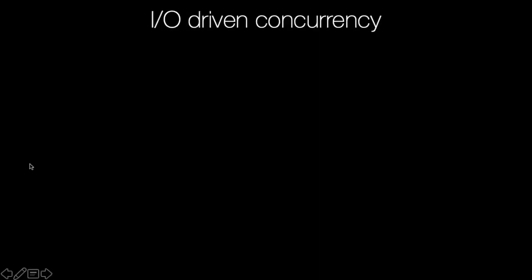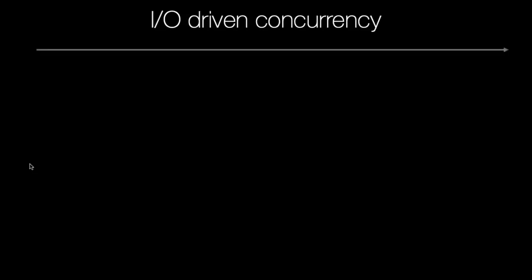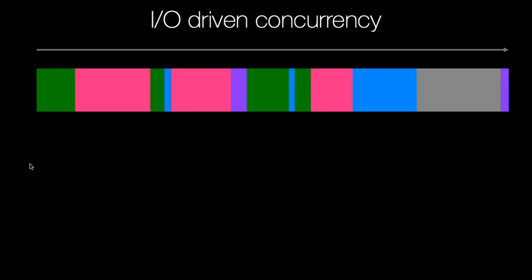However, if you think of IO-driven concurrency, it doesn't work that way. And this async and await stuff is largely what we're talking about. So we have just one thread. It's just running along, doing its thing. It's probably the main thread, but it doesn't have to be, as you'll see near the end. And what we're doing, remember those blocks I was talking about, like framework code, database code, and so on. Those little segments of each function or each operation can be broken into small slices. Like maybe here's one